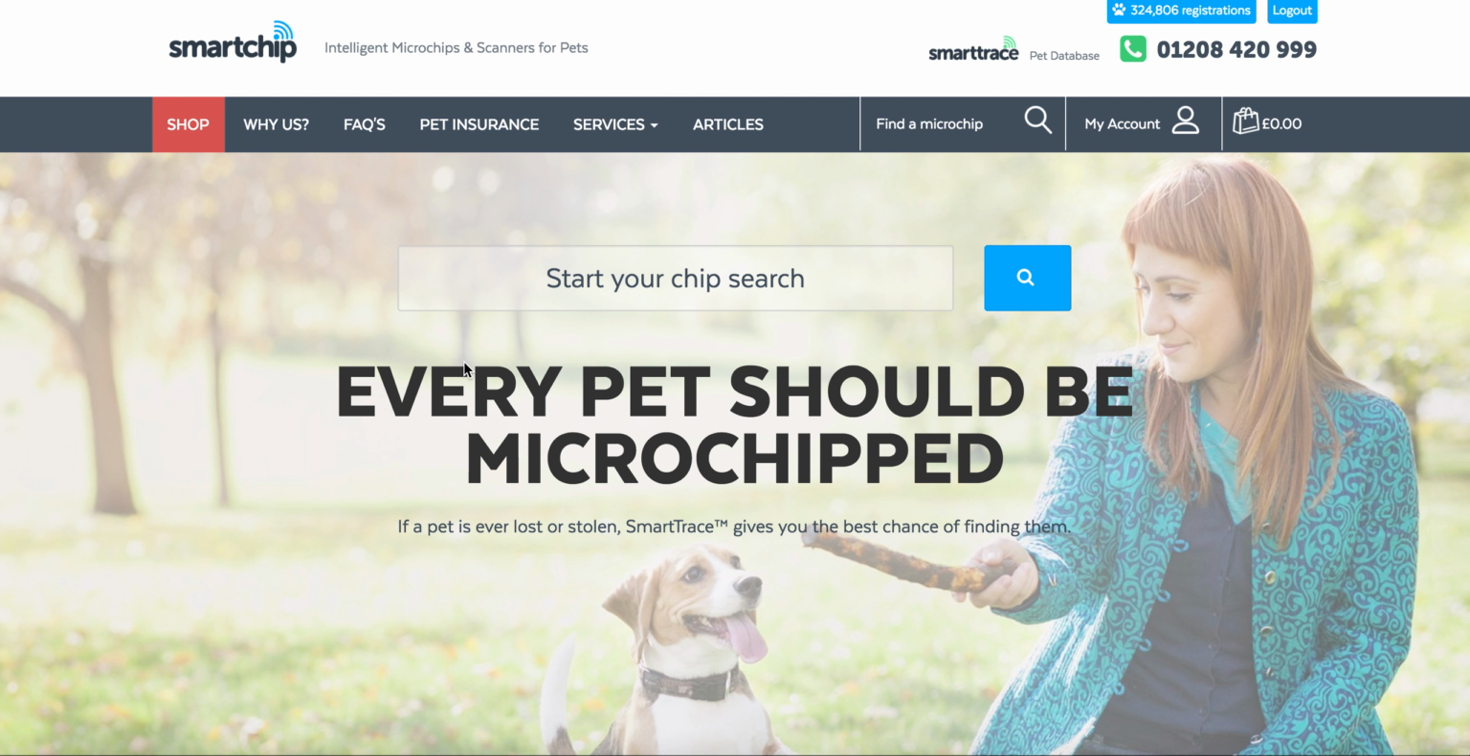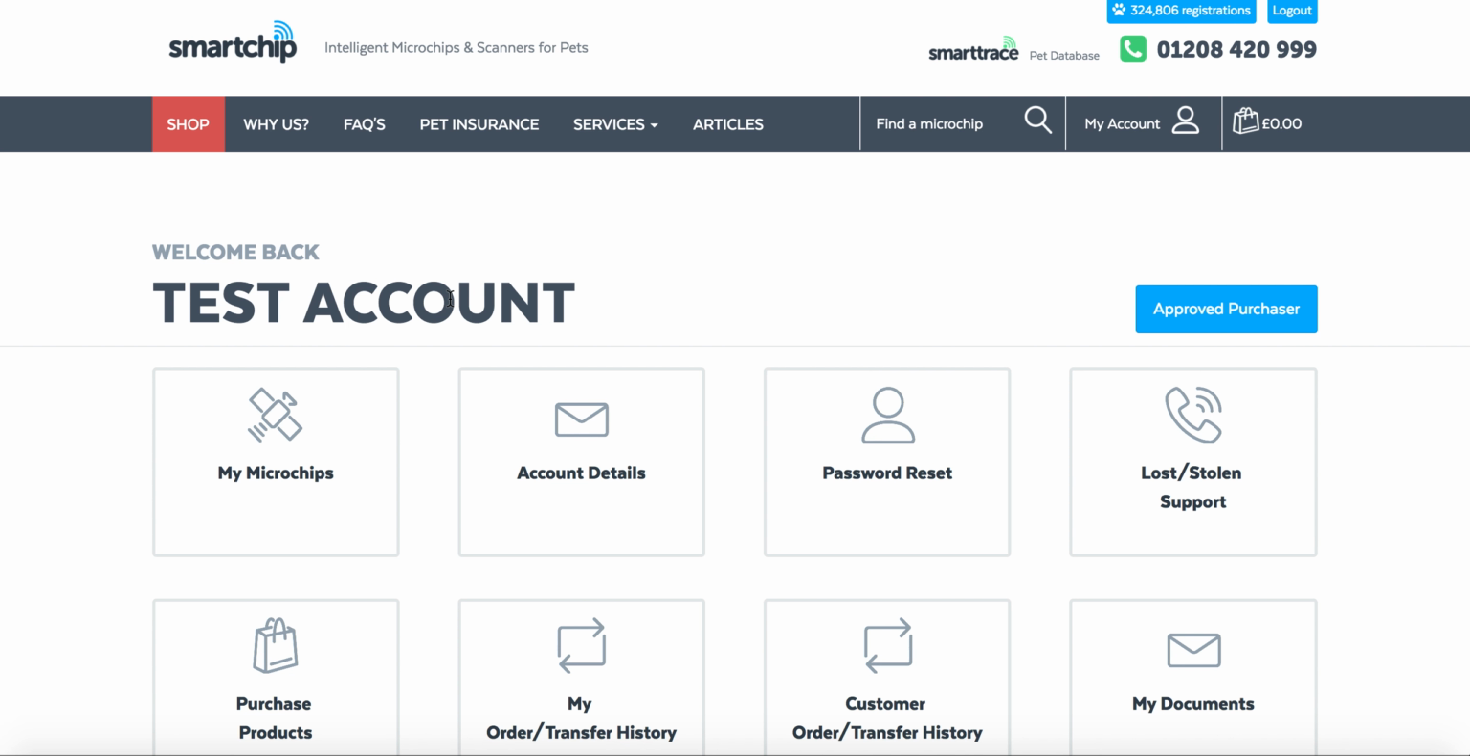to transfer a microchip away from your account into another customer's account on their behalf. You may start with the home page. If you're logged out, you'll need to log in. If you're already logged in, you can click on the My Account link in the header, which will take you straight to your dashboard. From here, you'll want to go to the My Microchip section, which will display all microchips